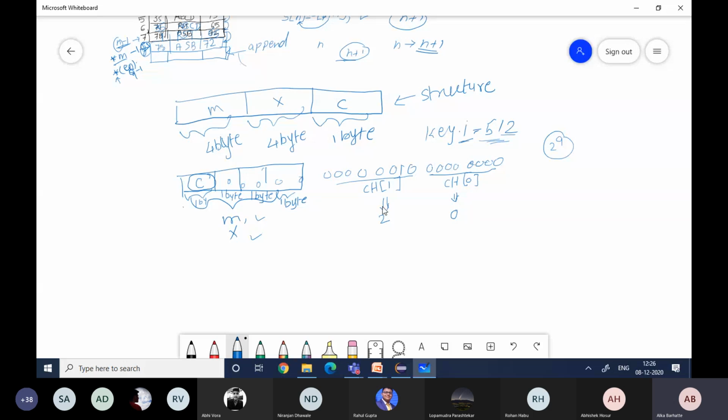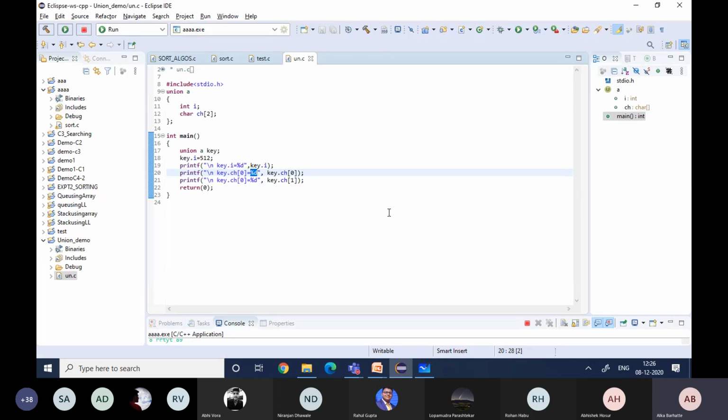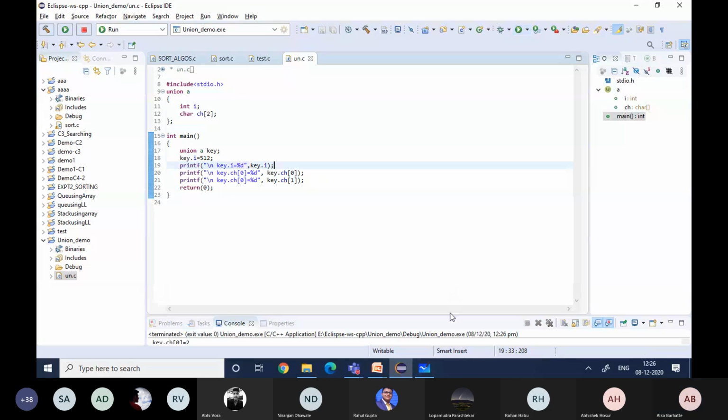I. And out of these 4 bytes, the lower 2 bytes will be shared by your CH0 and CH1. Okay, and this is how their integer values will be corresponding to the binary combination. Okay, and this is how actually the memory sharing will be done through union. Okay, so it is already built. I'll directly run it,